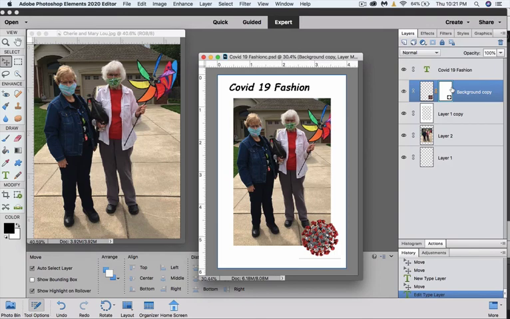So this one, it fit nicely at the bottom, but there might be a picture where it looks better somewhere else. It's completely movable. So you have the ability to completely individualize each photo. So you need to think of it. You may not be interested in my COVID-19 fashion idea, but maybe you've got a birthday you'd like to celebrate,